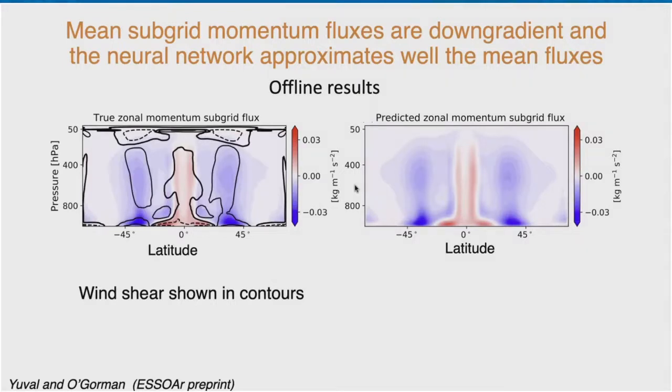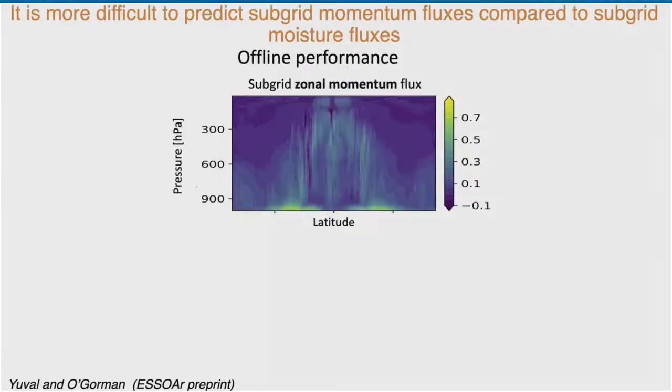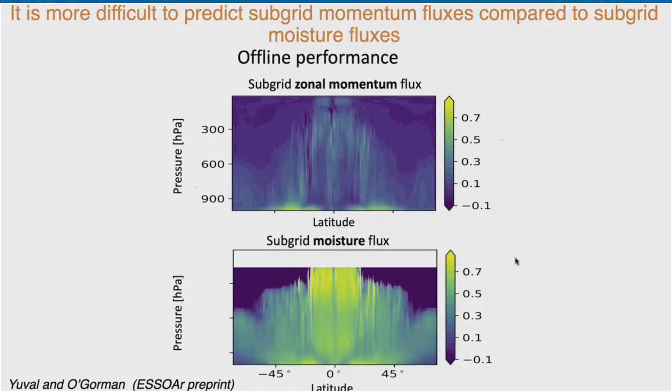And now let's look, still on offline results, at how well we are able to determine these kinds of instantaneous fluxes. These are the results for zonal mean fluxes. It's pressure versus latitude. Colors indicate the coefficient of determination, so one is a perfect result. And the offline results are kind of poor. So let's give a reference. We can repeat the same exercise and ask how accurately we can predict moisture fluxes. For moisture fluxes, we have much better ability to predict. Brighter color means we are doing a better job.